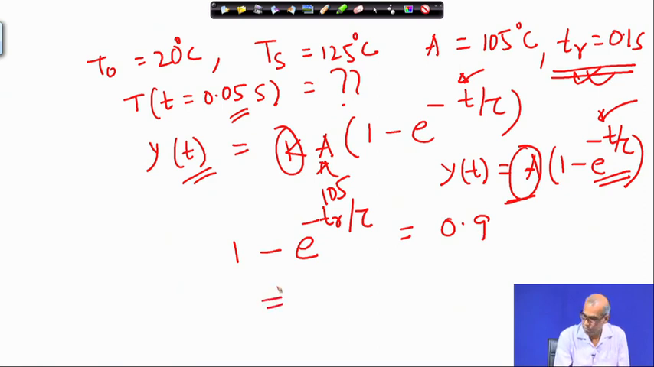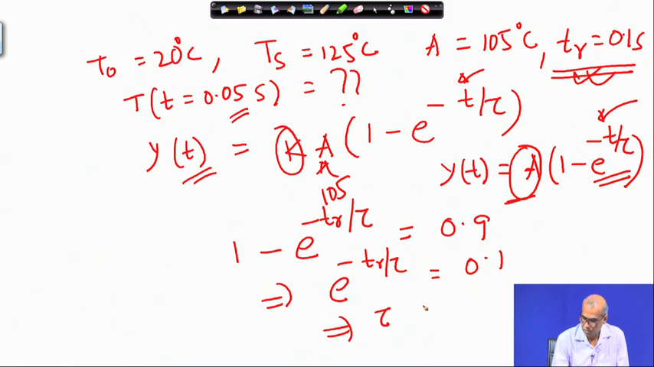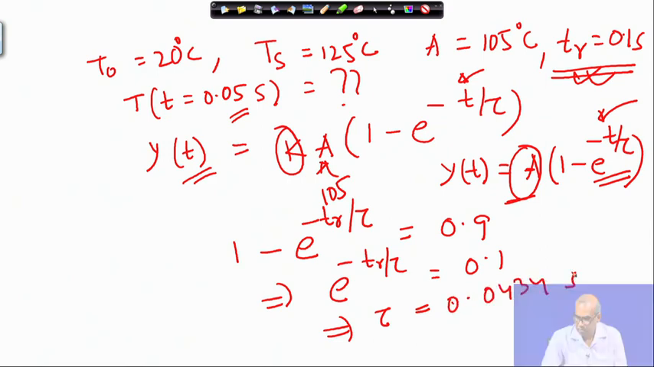In other words, e to the power minus t_r by tau will be 0.1, and from here I will get tau as 0.0434 second. Once this is obtained,